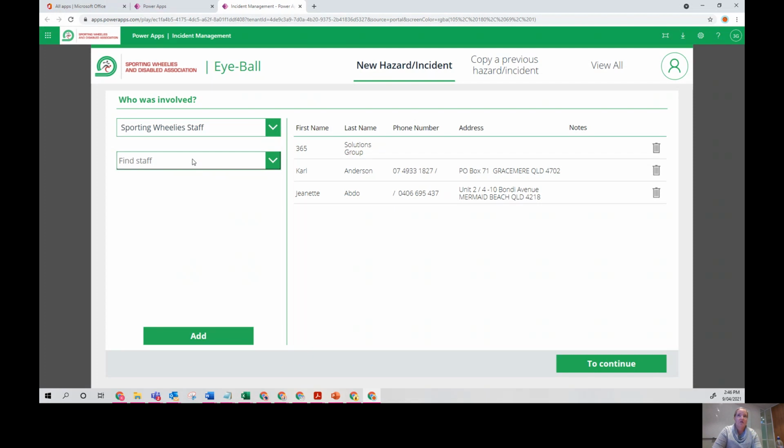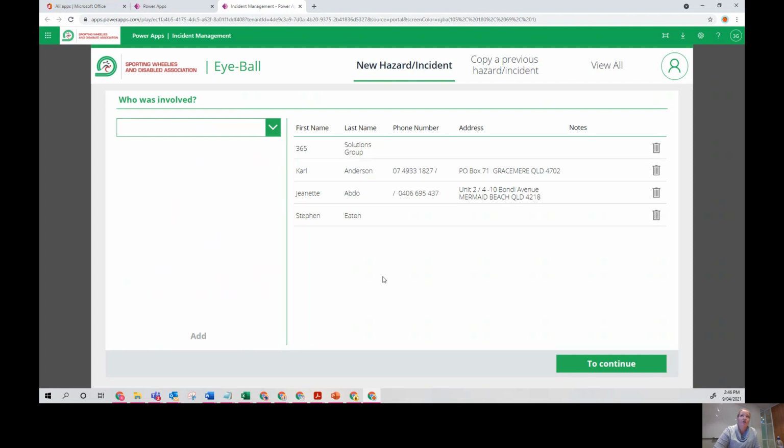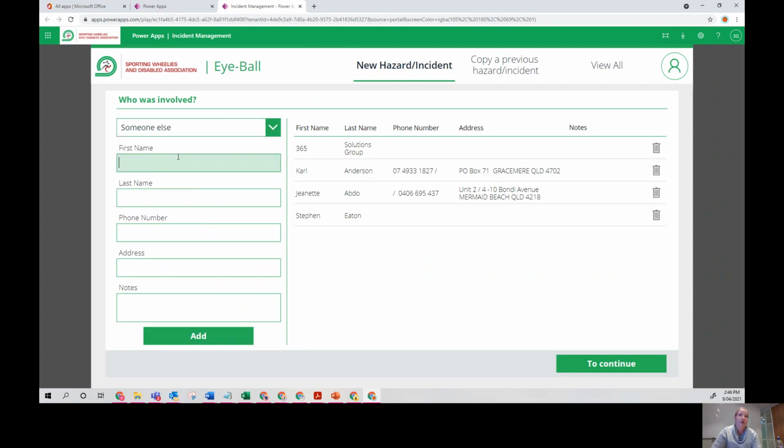A staff member was involved so that they can then search their staff list. Again, it knows who these people are. And then if there's someone else, you can say this was a parent or someone who was on site. So you can actually just put in somebody, it was a parent